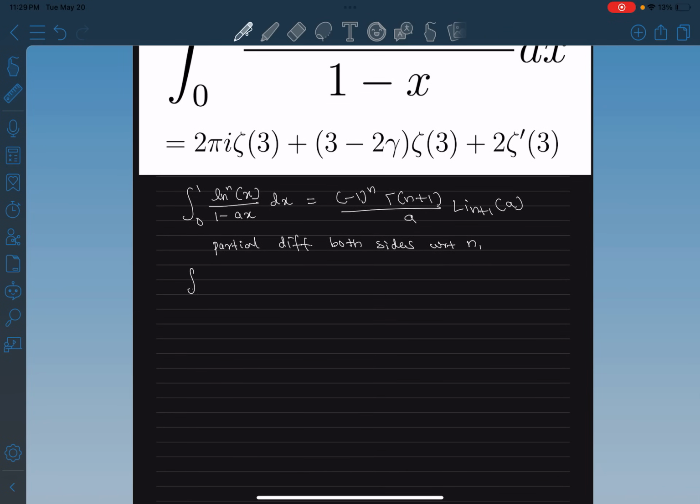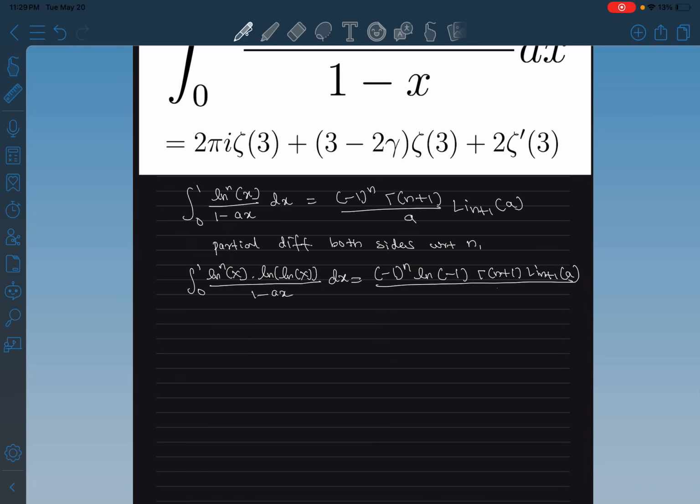On this side this will be the integral from 0 to 1 of (ln x)^n times ln(ln x), because for a to the power n, the derivative is a to the power n times log a, divided by 1 minus ax dx. And on the other side we have to use the product rule. First of all, (-1)^n times log(-1), and the rest of them as it is, divided by a, plus